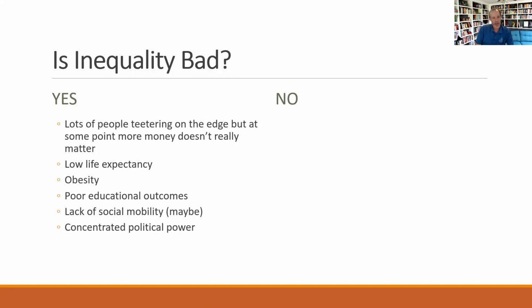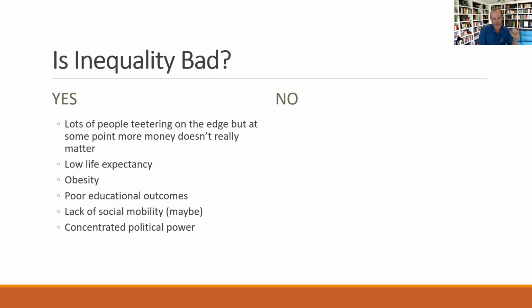Other things that are bad, and I'll show a slide on this, is that income inequality differs. The people at the low end of income levels and wealth levels actually have less life expectancy. So rich people live longer than poor people. There's things with obesity. Generally, rich people are healthier than people at the lower end of the income spectrum. There are poor educational outcomes. Children of wealthy parents tend to do better in school than children of people at the lower end of the spectrum, and we'll talk about details on this.